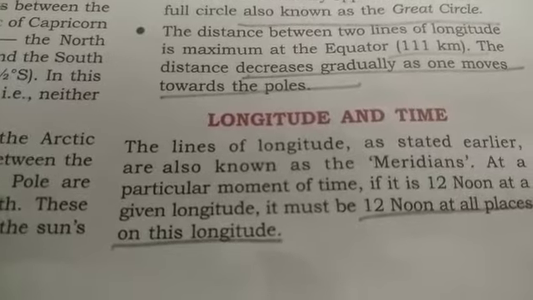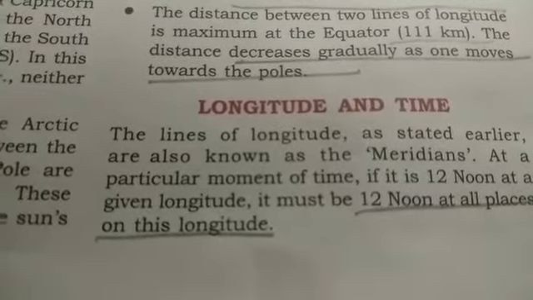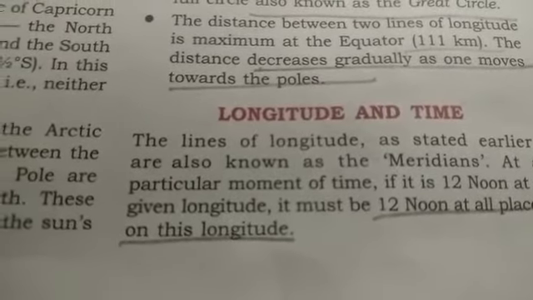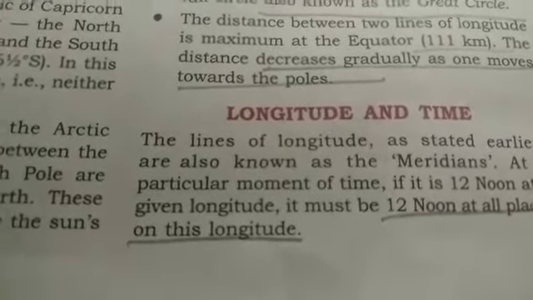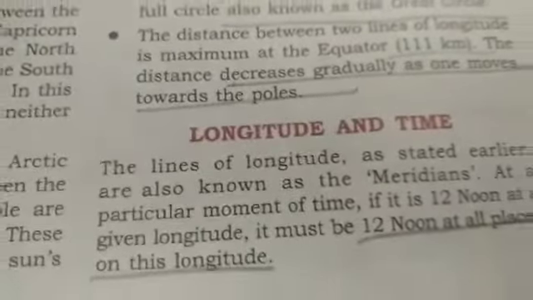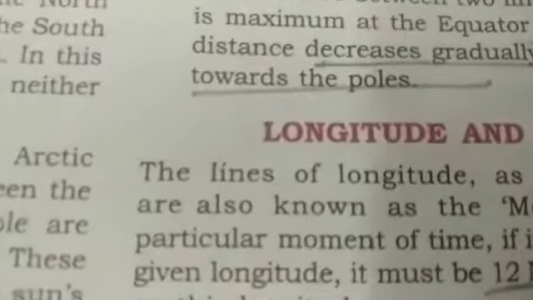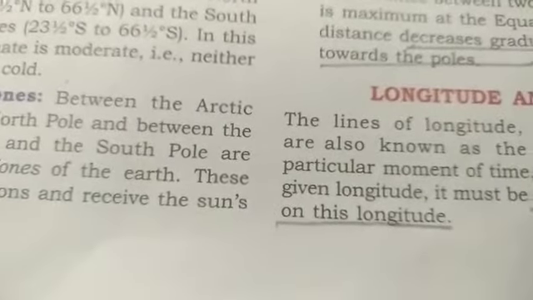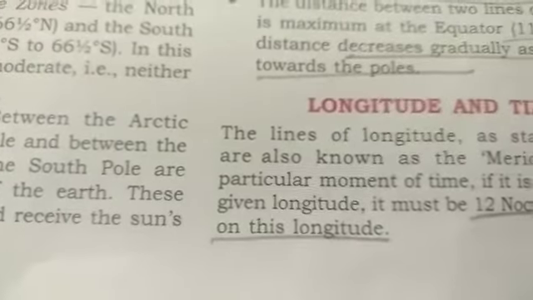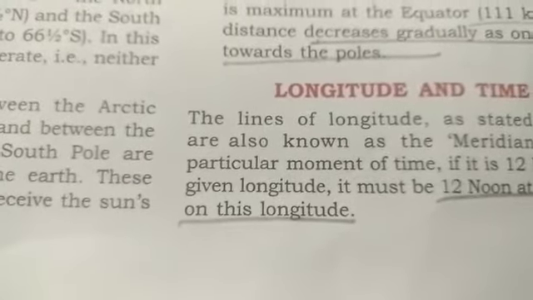In the last video, we discussed that the longitudes are called the meridians. And why is it called meridian? Because all the places of a particular longitude will have midday at the same time. So if it is 12 noon at one place of a longitude, then it would be 12 noon at every place of the same longitude. For example, suppose in 60-degree longitude it is noon, then all places starting from the northern pole to the southern pole will have the time 12 noon.